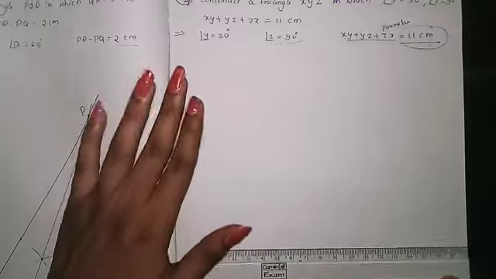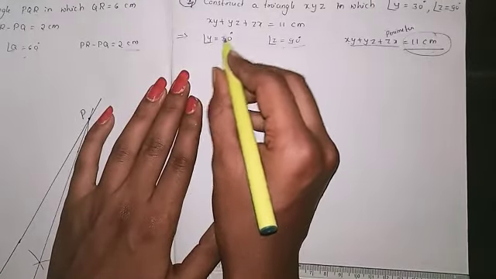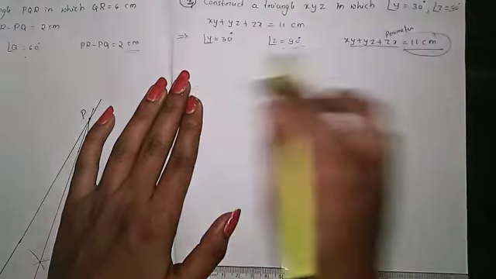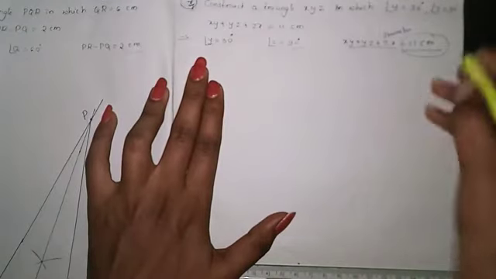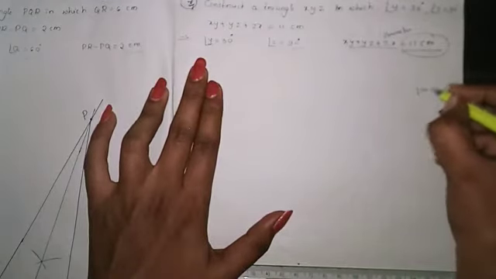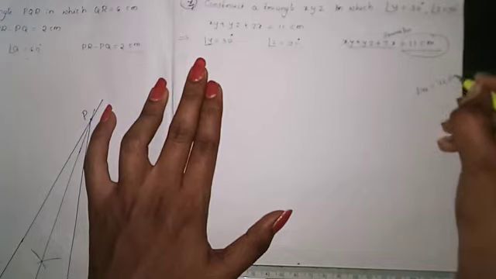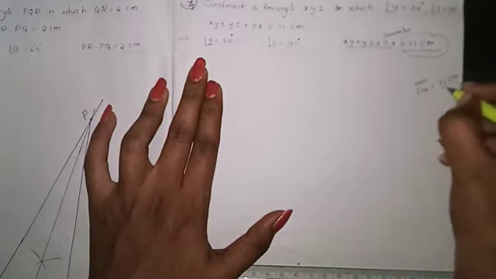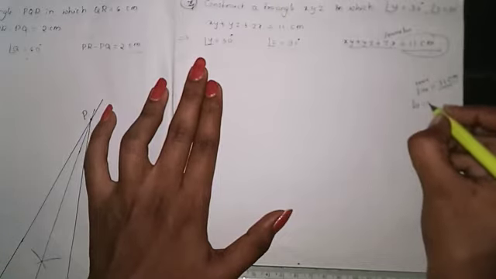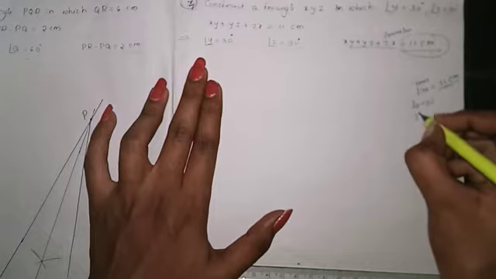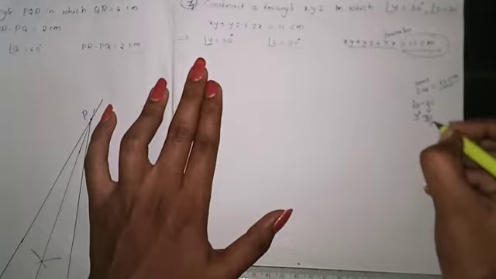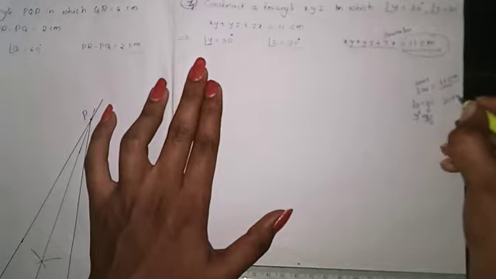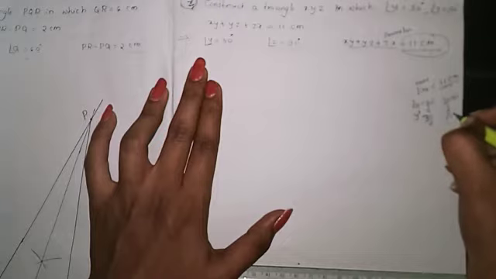So first thing is what you have to do. As they have not given exactly, we have to prepare for Y and Z, but we don't know any of the sides. So for that what you have to do, all the perimeter centimeter how much they have given, that you consider as the line equal to 11 centimeter. The baseline of the triangle is equal to 11 centimeter. Then you consider Y is equal to 30 degree and draw one Y dash, that is half of that, 30 by 2, and another Z is equal to 90. You have to create that as Z dash as 90, that is 45. So you come to know how to construct.